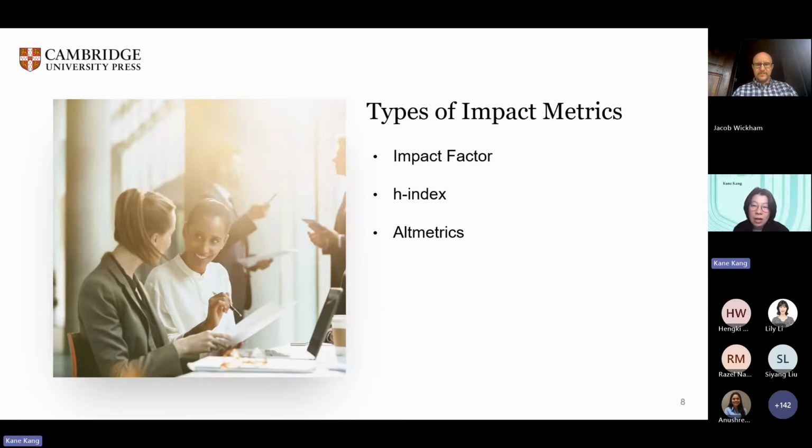And also the Altmetric. This one is article level, unlike the other two. The impact factor is journal level, and the H-index is personal level. But Altmetric is article level. It is a quantitative measure of attention.